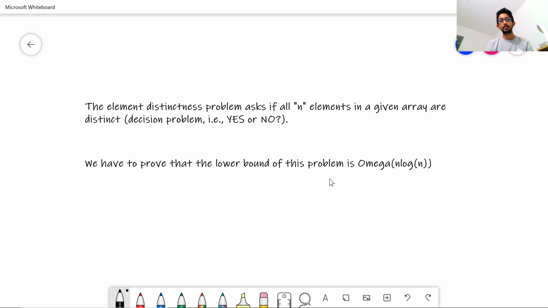The element distinctness problem gives you an array of n elements, and you have to say yes if all the elements in the array are distinct, or no if at least two elements are equal. We are trying to prove that the lower bound of this problem is big omega